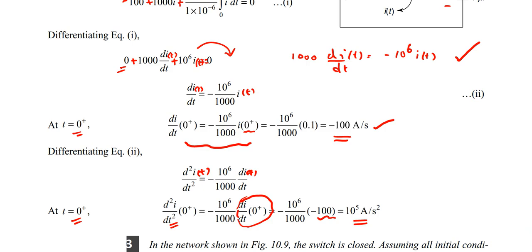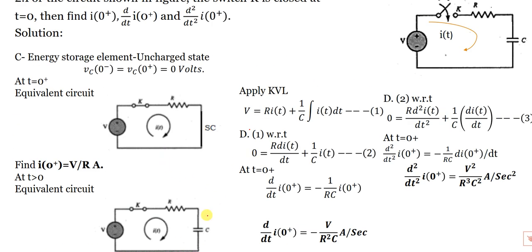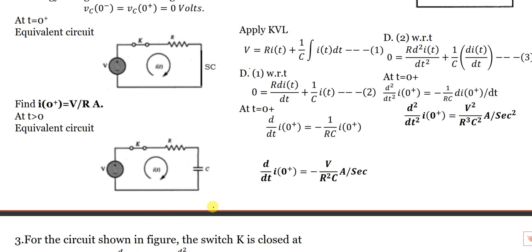here in general form. Okay, for the circuit, the switch is closed at t is equal to 0. Find di of 0 plus, d square i of 0 plus, for t greater than 0. Okay, you can see it is the same problem. Instead of values, you have to consider R and C as it is. So you're going to get